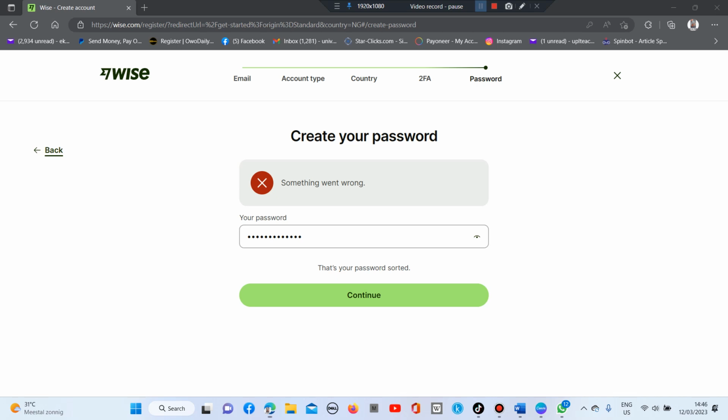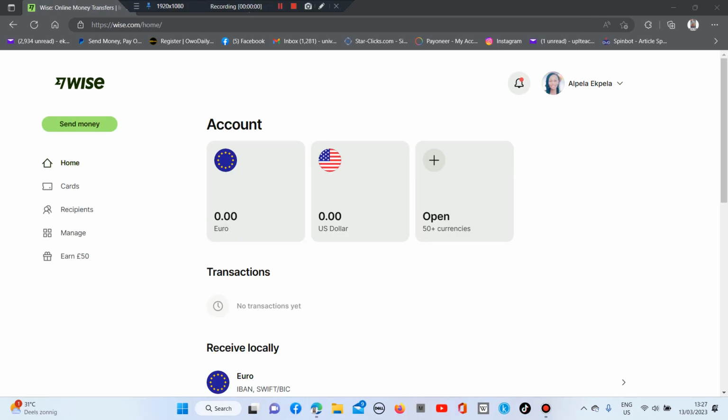So after I filled everything and I clicked continue, it opened this. It said open a balance. Choose currency. You can open balances in 40 currencies. So I'm going to just click on I would like to have euro. I'll confirm. So after you finish everything, registration and your account has been opened, now let us start and see how we can get our card or how people can pay us or how we can receive